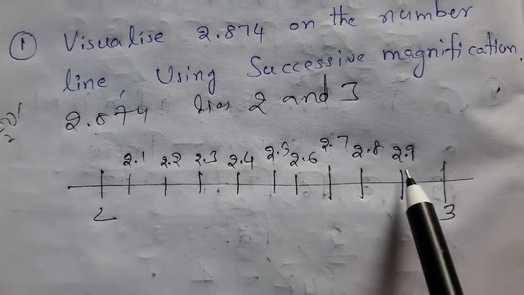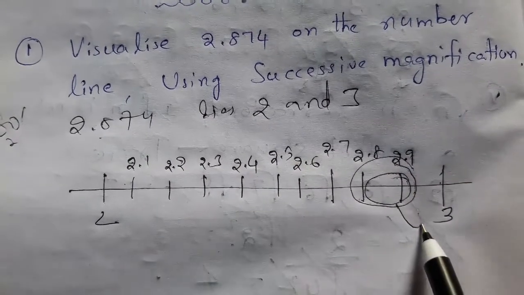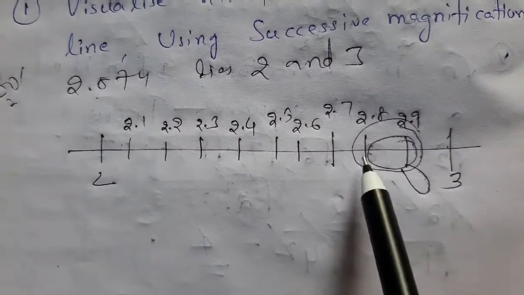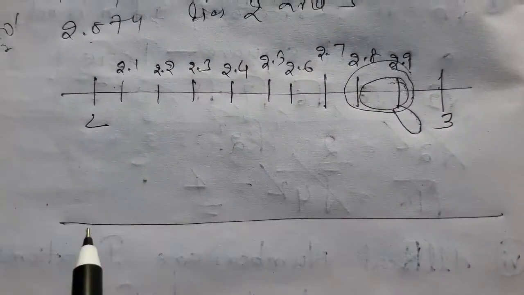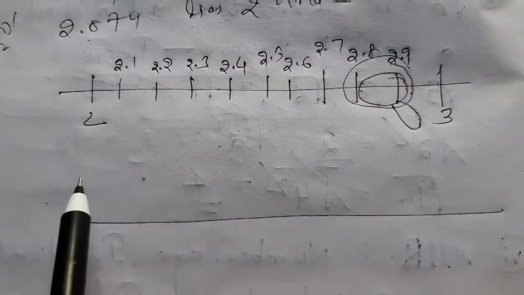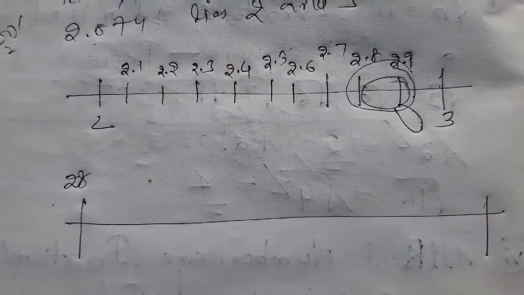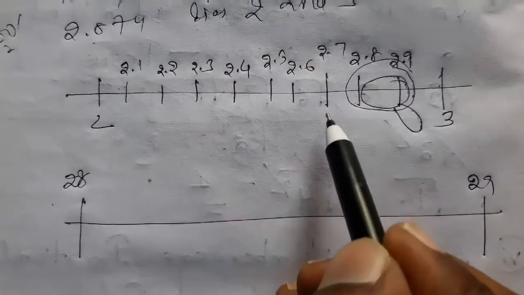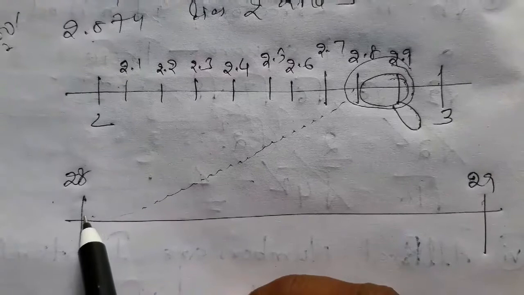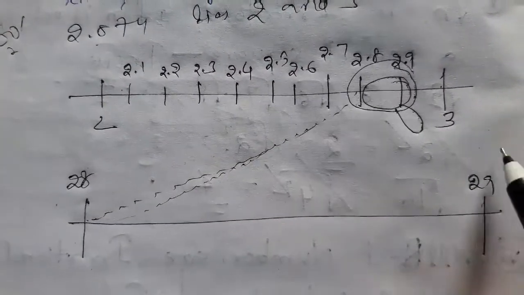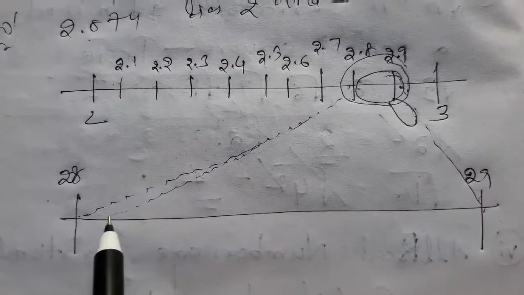See here, 2.8 and 2.9. So these two. Now take here another line that starts from 2.8 and ends with 2.9. Draw an imaginary line, that means a dotted line. It reaches to 2.8 and from 2.9 to 2.9 here. This is once again